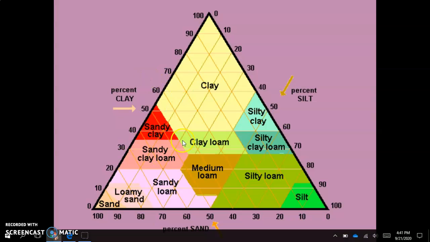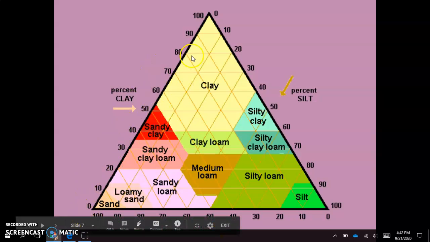Basically, anytime you are given a percent composition of a soil, it has to add up to 100%, right? You can't have just a partial percentage of soil. So you'll be given an example of a soil profile that has a certain percentage of each type of particle, each of clay, silt, and sand. And what you do is you find on each side of the triangle where that percentage is,